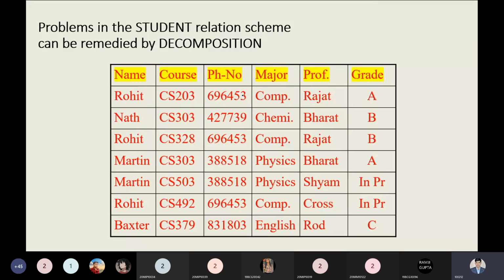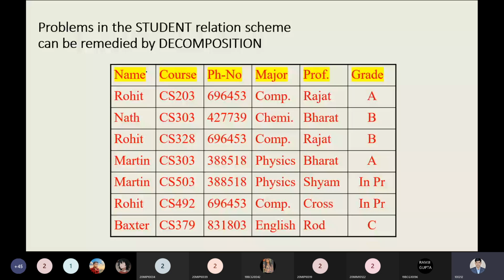Now, if you remember this point, I think you remember all these points right now. Do you remember this table? You have discussed it many times. Tell me, what is the problem in this table? Tell me anything. Yeah, duplicacy we have. This is the first point I'm getting over here.